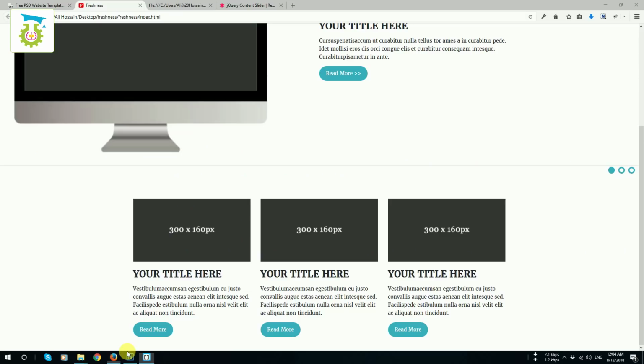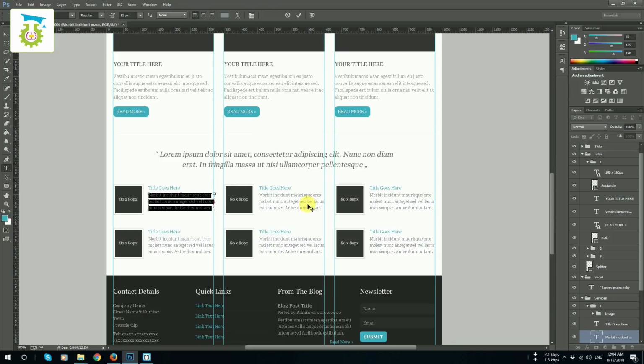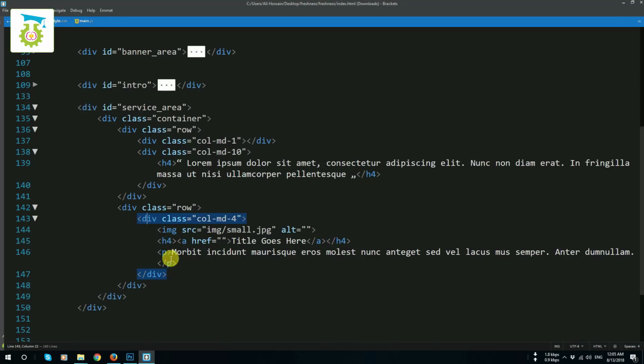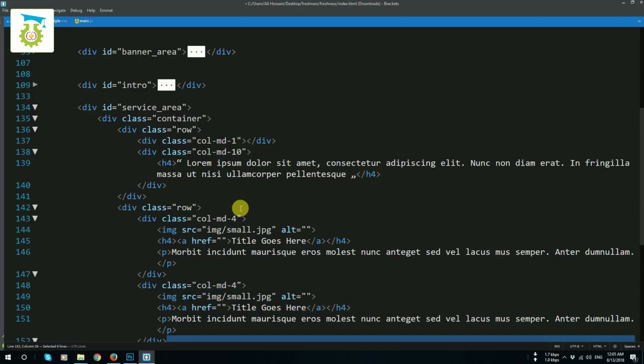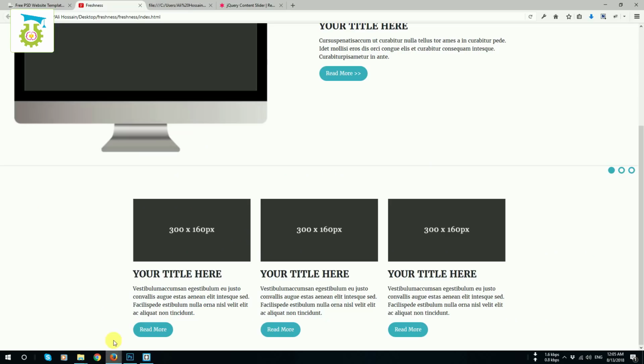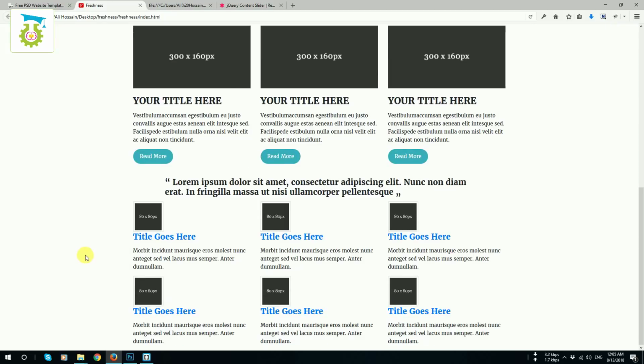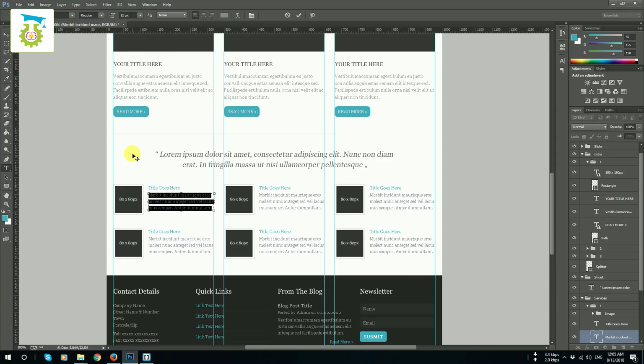Okay, now you can see they added 6 items, so I am going to duplicate this 6 times, and now if I refresh, you can see what happened. It's like that. Okay, now I need to fix this issue, and for fixing this, you can see here